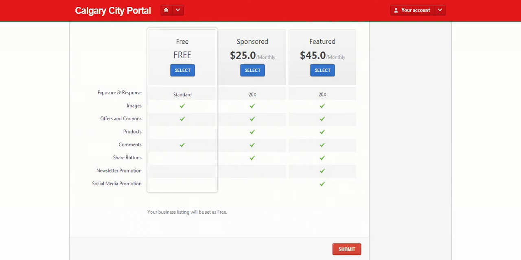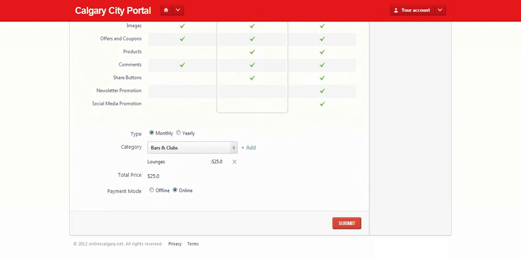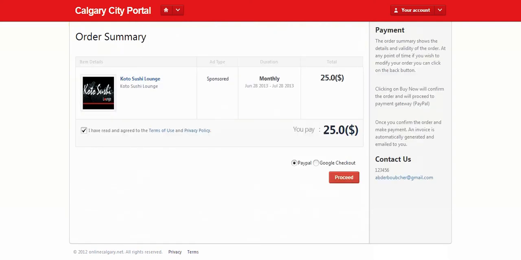The daily or monthly fee applicable on sponsored and featured business listings and the benefits available on each listing type are preset by the admin. Upon selecting a sponsored or featured listing, the user will be prompted to enter the duration for which the listing needs to be sponsored or featured, and the self-service transaction system automatically computes the price and allows the user to